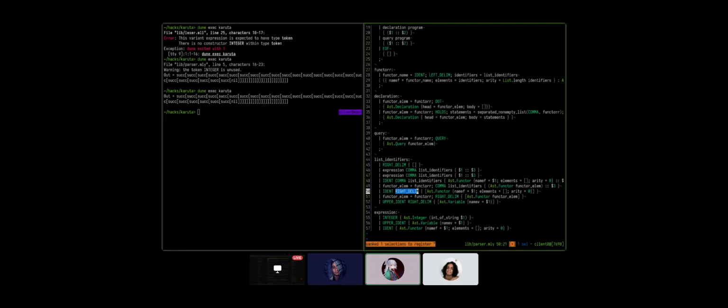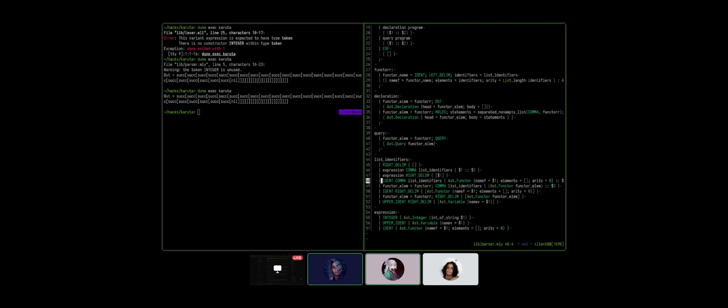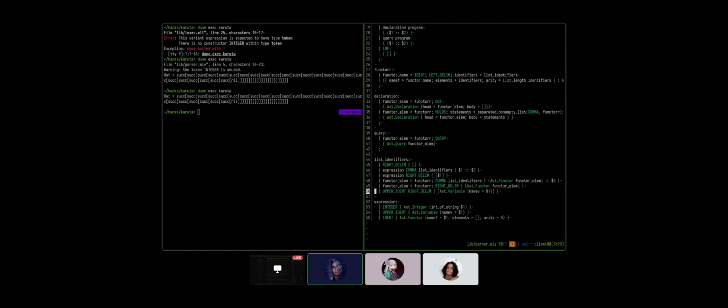Well, in that case, we can do this, I suppose. That works. So we have integer, we have upper ident, we have ident. And we need a functor element as well. Yeah, functor element. Well, you can say that a functor is an expression, I guess. That's kind of what we are looking at. Yeah, why not? Just copy 48 or 40, the beginning of 48 or 49, and return the ast.functor.